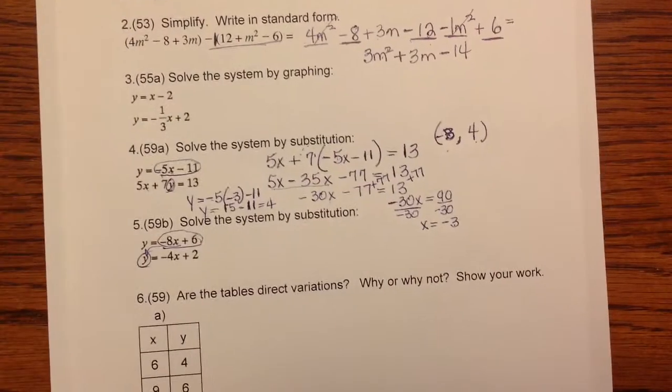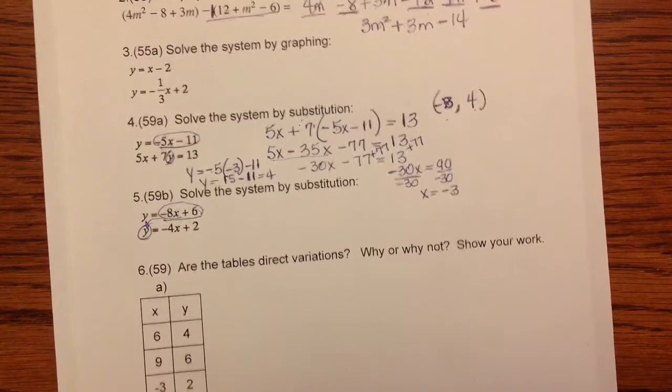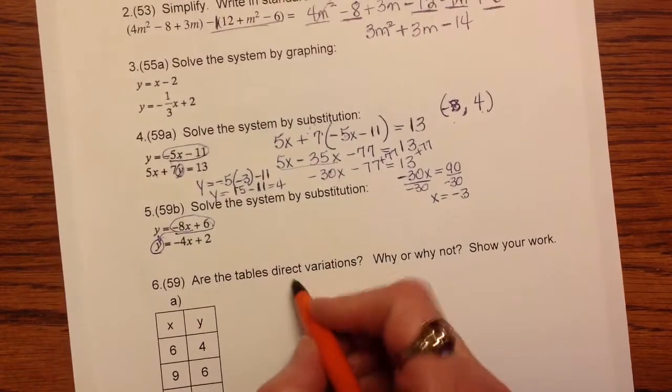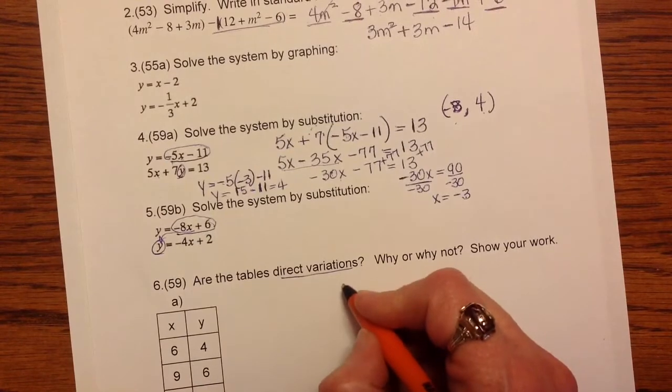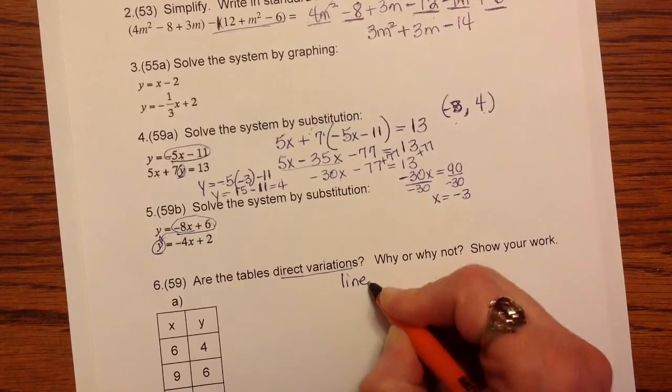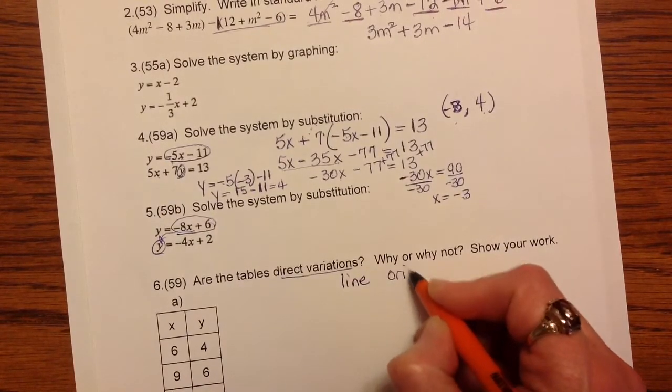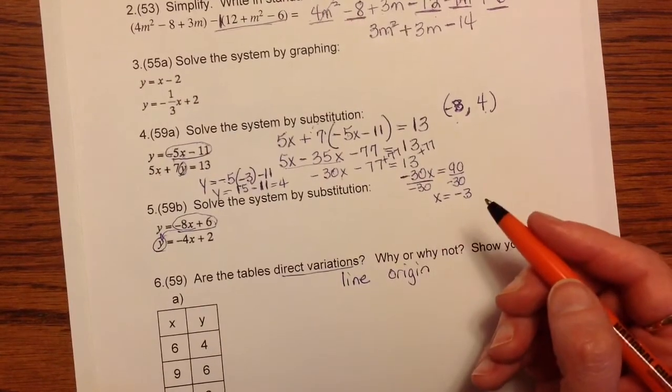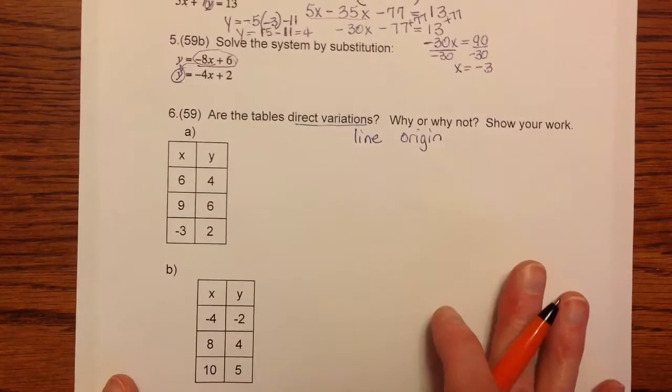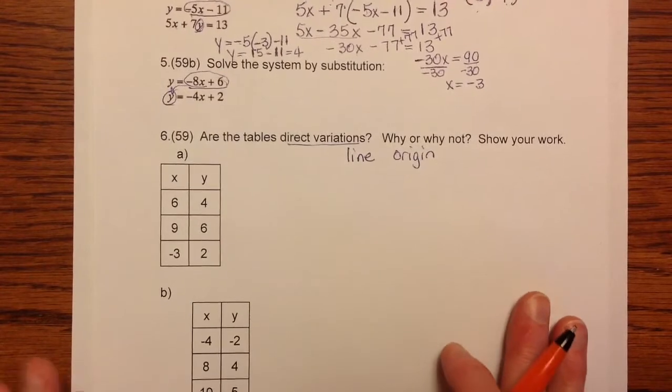Number 6, are the tables direct variations? Why or why not? Show your work. Well, a direct variation has to be a line, and it has to go through the origin. So we could graph them. That would be an option. Sometimes it's messy if the numbers are very big. So the easiest way is to